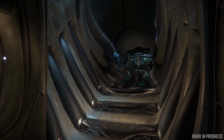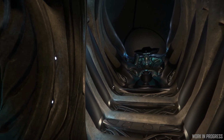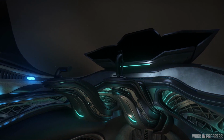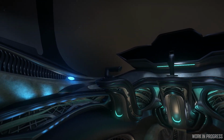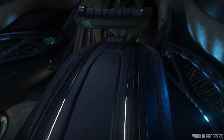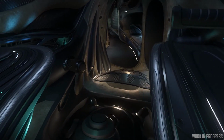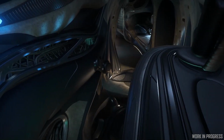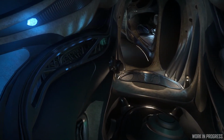Finally, in this week's Sprint Report, here's a look at progress on the ever-elusive Banu Defender. This two-person craft from humanity's first interstellar friends has required an extensive effort to create and define the look and feel of Banu culture and technology, because it will not only be the first glimpse at this civilization in the Star Citizen universe, but will set the stage for development of the ever-popular Banu merchantmen in the future. We'll check in with additional looks at the Banu Defender ahead of its intended release in Alpha 3.7 throughout the